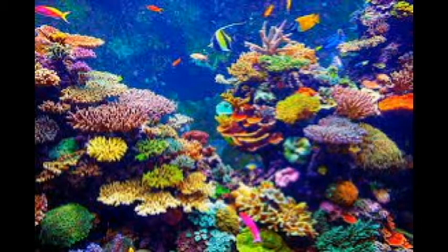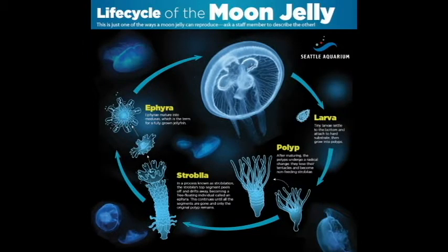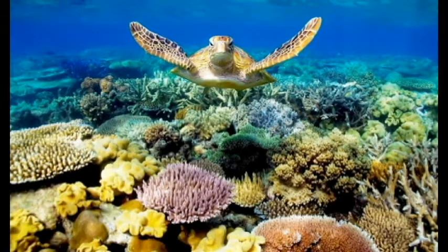Indeed, corals refers to actually a couple of different animals. Every single polyp is indeed a type of animal. And did you know jellyfish are actually related to corals? Jellyfish actually start out as polyps and grow. So a baby jellyfish is actually a coral. Hilariously, there are a bunch of jellyfish that start out as polyps, and polyps are what corals are. Now that doesn't mean corals are going to magically turn into a jellyfish or anything, but it is interesting that